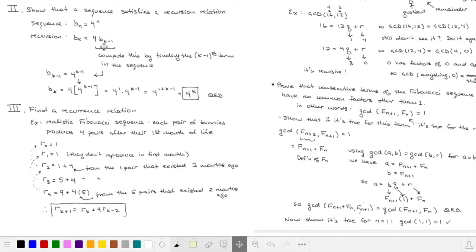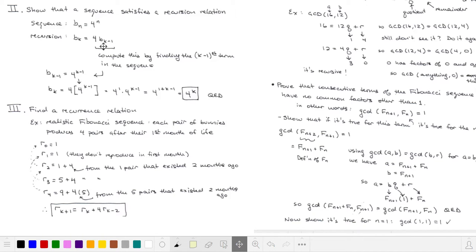Instead of k minus 1, we're going to make it n minus 1. Or, sorry, the other way around. If I want to find the k minus 1 term, then I substitute k minus 1 for n. So here, instead of 4 to the n, it'd be 4 to the k minus 1. So my b sub k minus 1 term is 4 to the k minus 1. And now I can just